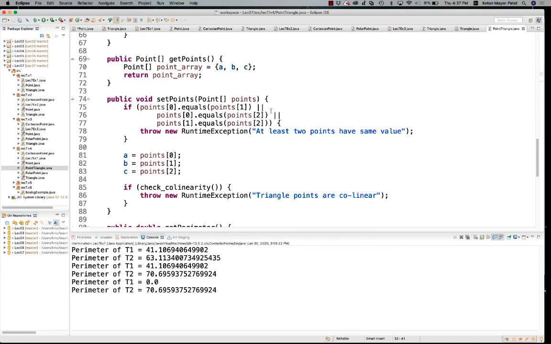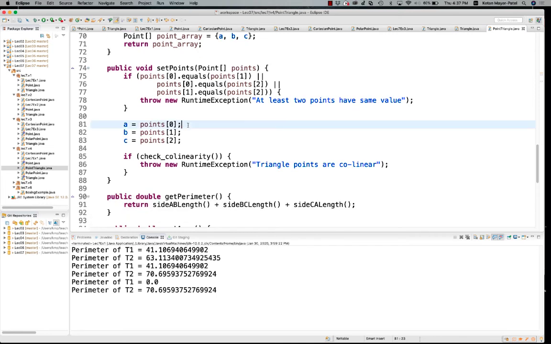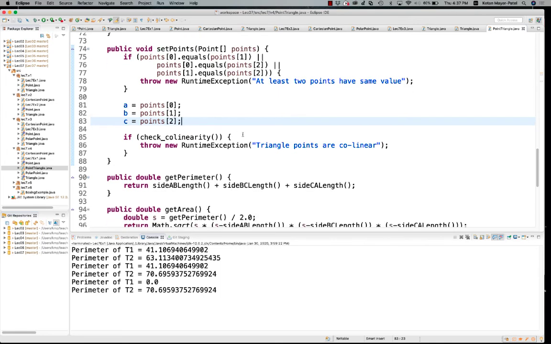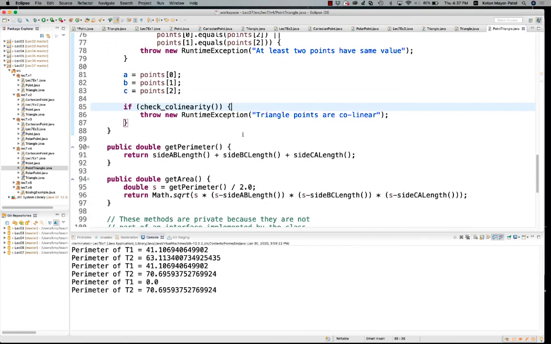Oh, you want to set the points? Well, then I'll make sure that all the points are not the same, and then I'll unpack them out of the array you gave me into my fields, and then I'll do one last collinear check. Right? Get perimeter, that was part of the interface for what a triangle had to do, and so I